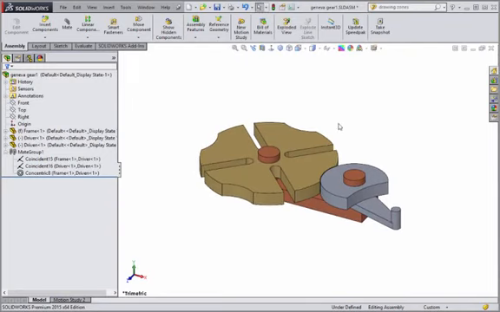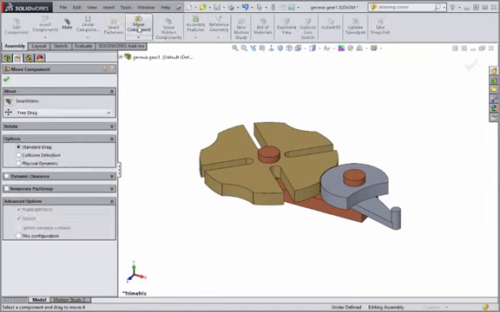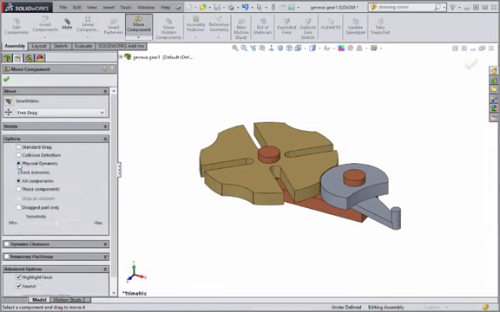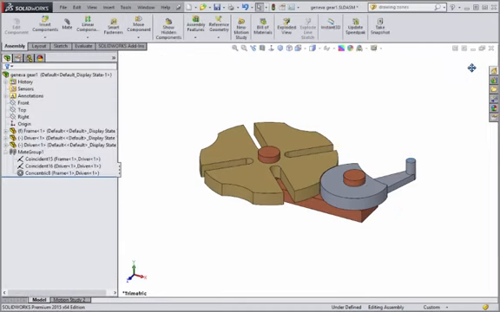Not only do mates tell components how to relate to one another, but they're also used to define motion dynamics for an assembly. If I activate the Move Component command and toggle Physical Dynamics, you can see that the assembly behaves as expected when I rotate the driving component. Throughout the upcoming lessons, I'll show you different ways to access mates, as well as some of the assembly tools that can be used in conjunction